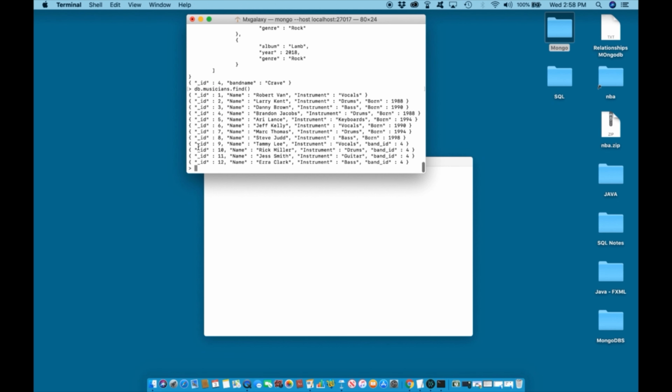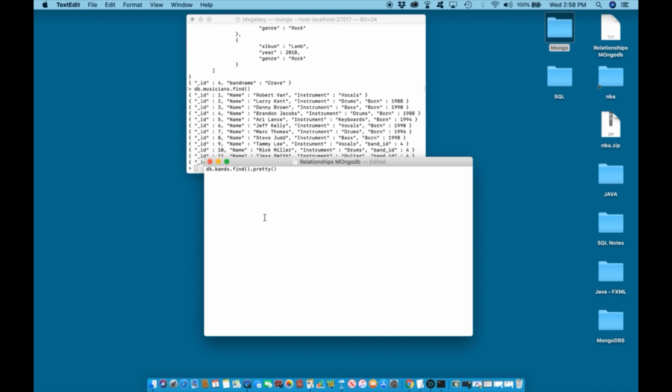Now, let us write a query to look up information from within this relationship. To do this, we will use an aggregate method, and along with the match to specify the specific artist that we are interested in. In this case, we are looking for artists with an ID of 4. To do this, first let me delete this. To do this, we will say db.bands